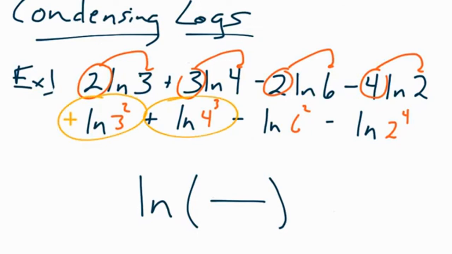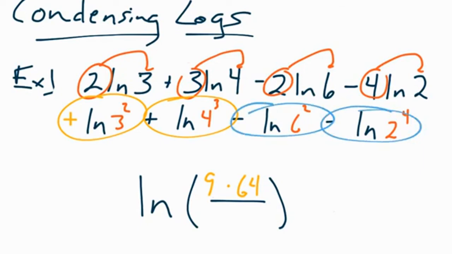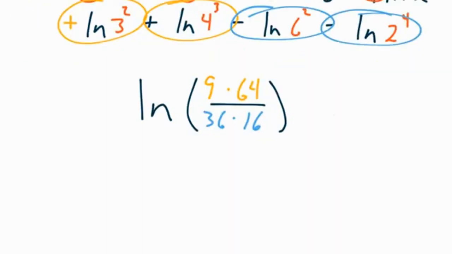Now, 3 squared is the same as 9, 4 cubed is the same as 64, and whatever is being subtracted, whatever is negative, is going to end up in the denominator. 6 squared is 36, 2 to the 4th is 16. Now, the only way to attach 36 and 16 is with another multiplication sign. But don't worry, since both of those are in the denominator, it is true that both of them are still being divided. Now, with a little bit of reducing and canceling, maybe the 9 and the 36 can reduce and cancel to be 1 over 4, and the 64 and the 16 can reduce to be 4 over 1,